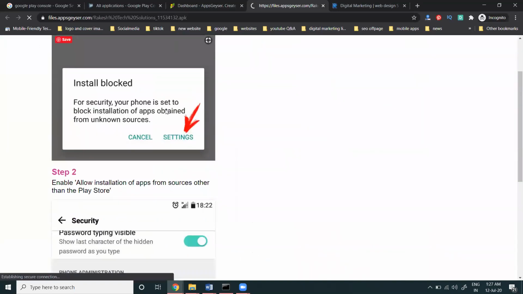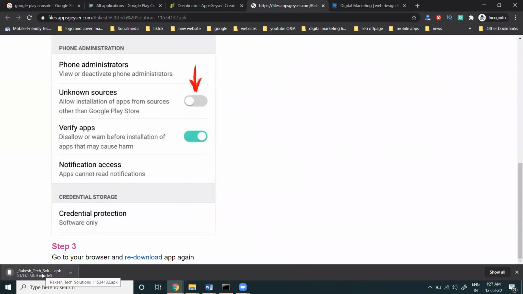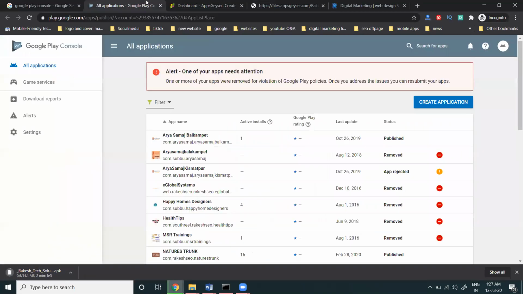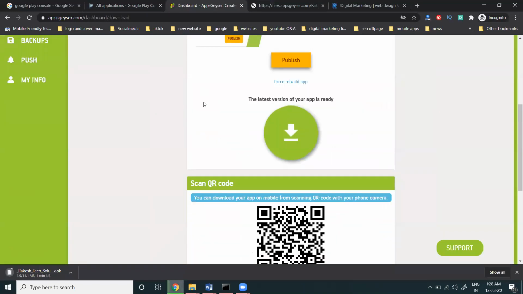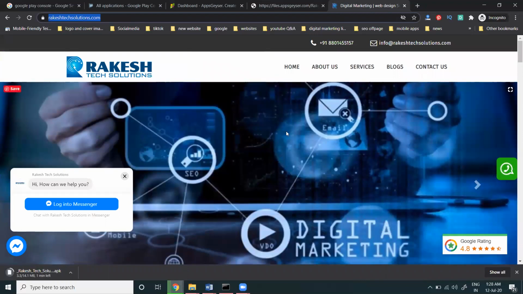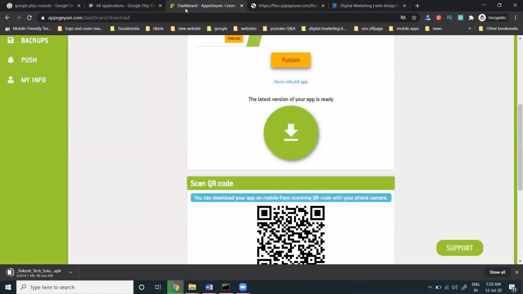Here they show the complete procedure. You can download it on mobile in this option. In this APK, we can publish to create the application. This way we can create a mobile application for a mobile device. Your website becomes a mobile app that is a complete web view. When you create a web view, don't include ads, or they will suspend your app in the Play Store. Web view is nothing to worry about. Your website will convert into a mobile app.